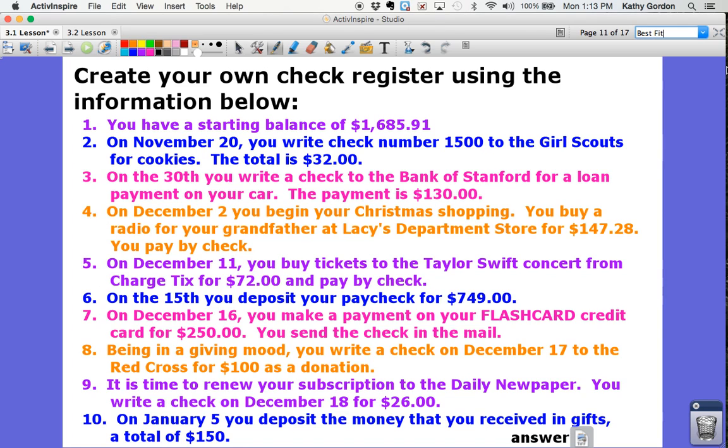Your payment. The payment is 130. You take it out because it's a loan. Because your bond is right there. So if you deposit here,